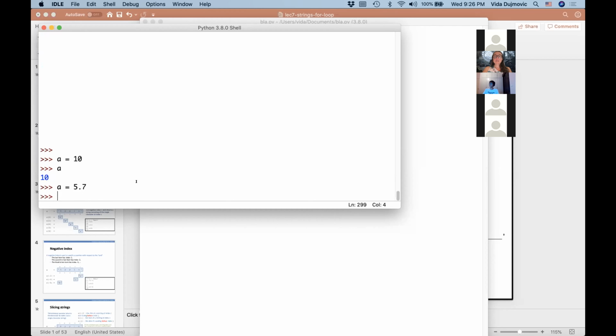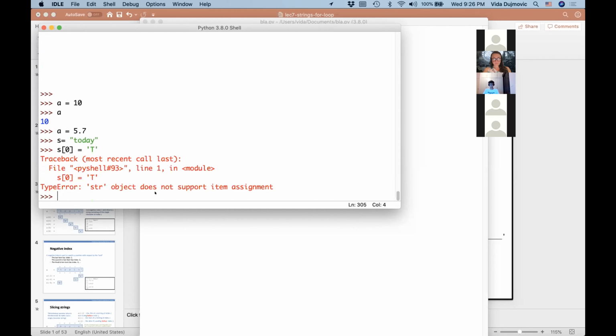Okay, let's look at strings. Let's look at a string like this. Today, I created a string, and maybe I think, oh, actually I made a mistake. I really wanted this string to have the first letter be a capital letter. And you may think, oh, but you just told us how to do indexing. So you can just change it by assigning, saying, make the first character be capital T. Notice that you get a crash.